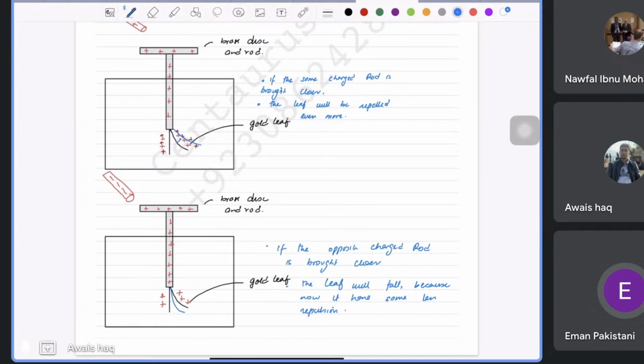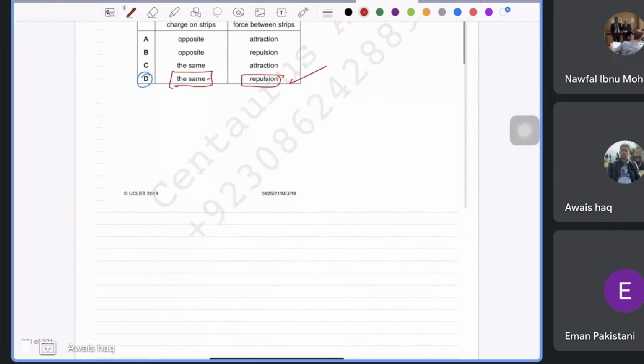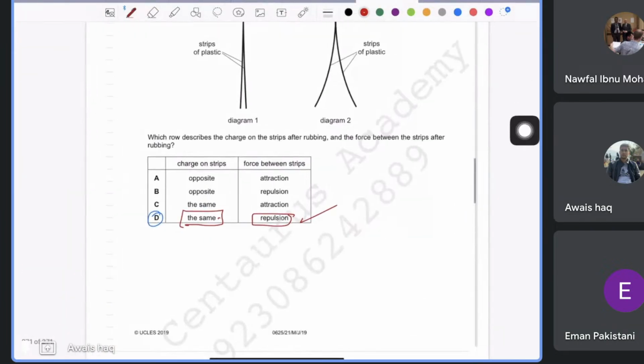That's pretty awesome. So then we're gonna move to the last part, which is here. It says the diagram shows two thin uncharged strips of plastic. Diagram 2 shows the same strips after they have been rubbed with a dry cloth. Which row describes the charge on the strips after rubbing and the force between the strips after rubbing? B. The charges are opposite and opposite repel. That's what you're saying? D is correct because they must have the same charge and the same charge causes repulsion. That is absolutely correct. Do you guys understand this? Any questions now? I don't think there is anything else. So yay, we have finished this topic and I believe you guys will